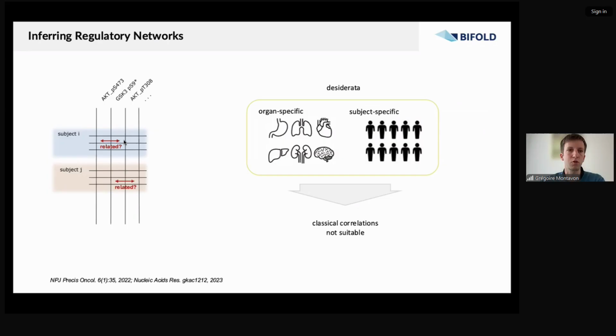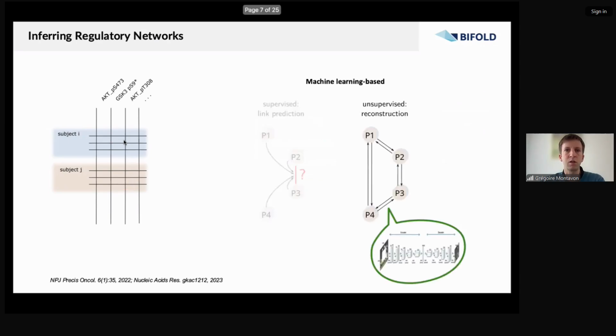So the idea was to try to use the power of machine learning models, and especially machine learning made explainable, to answer this kind of questions. One approach we could use for that is that of link prediction that you can find in supervised learning. But we didn't pursue this approach because this would require that we have actual ground truths about the interactions between the different features. And we might have them at a coarse level, but not on a subject-specific level. And this would be just too costly to acquire.